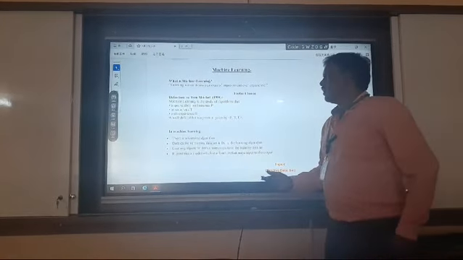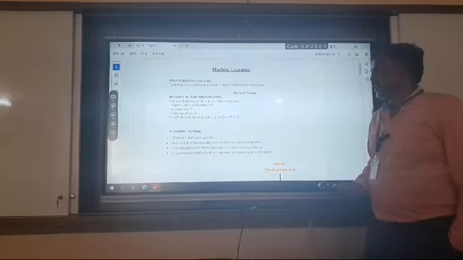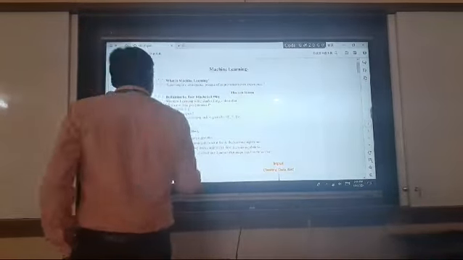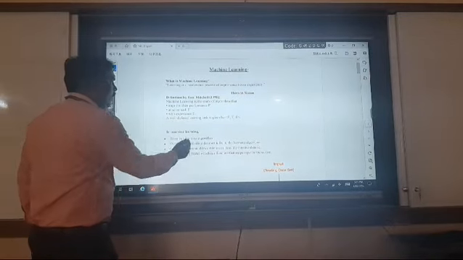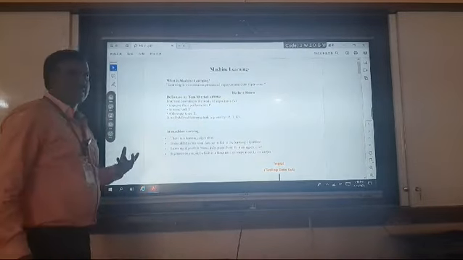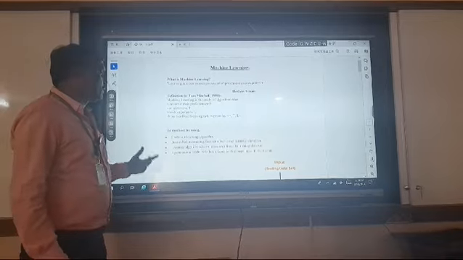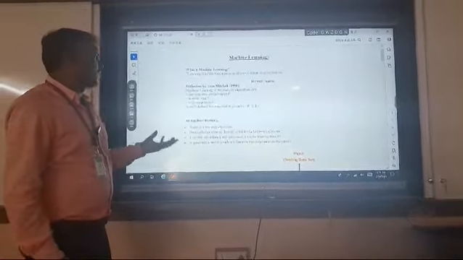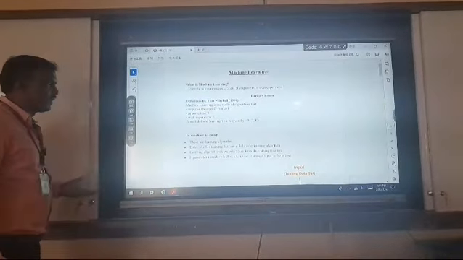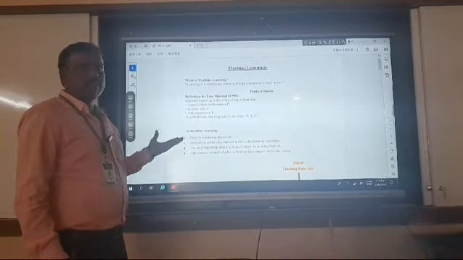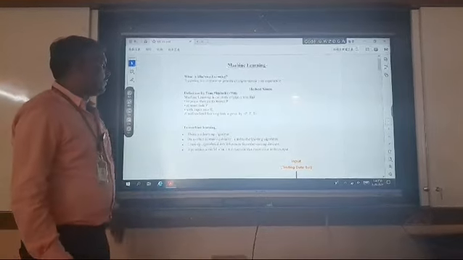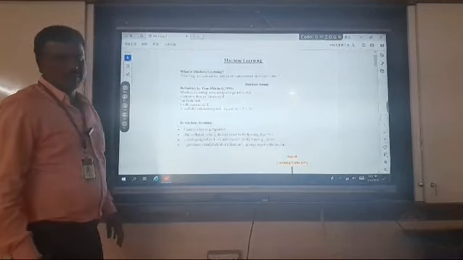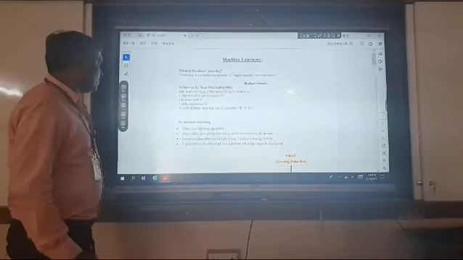Next, what does machine learning contain? Basically, every machine learning system has a set of learning algorithms and a set of data. There are two types of data sets: the training data set and the testing data set. The training data set is labeled data, which has both input and output values. The testing data has only input visible; there is no output here.